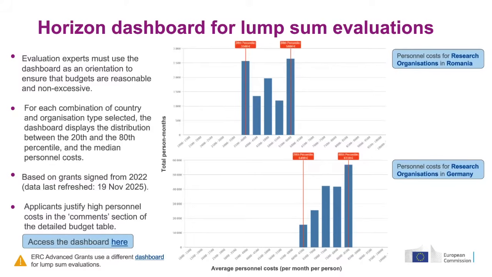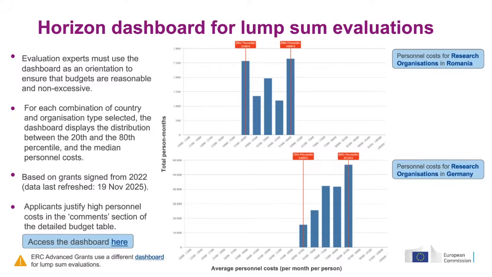And maybe one other important aspect to highlight is what we really expect you to do if you include personnel cost rates that are above the rates that you see here in these distributions. Then we really want to see that you provide an explanation for that. Because in that case, you are in the following situation. This distribution here